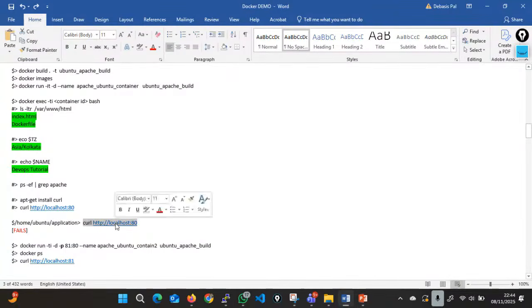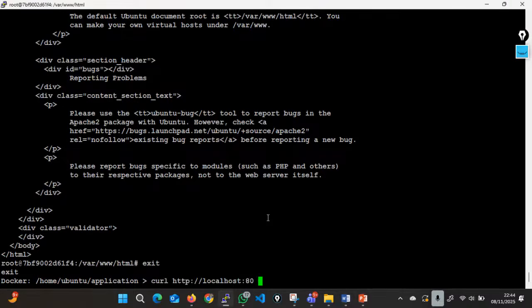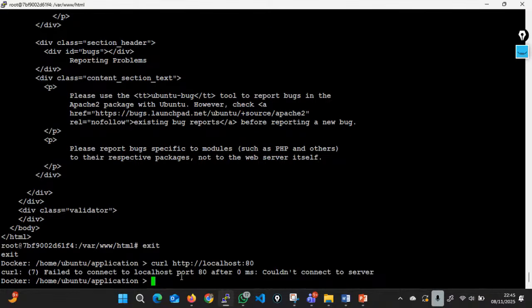Can it access? Can you tell me whether it will work or not? I mean, what I'm trying to say is that a container which is running with port 80, having Apache, can it be accessed directly from outside? This is outside, from the host. I'm not inside the container. I'm in the external environment. Can I use this? It worked inside the container, but will it work here, outside the container, externally? No, it won't. It failed